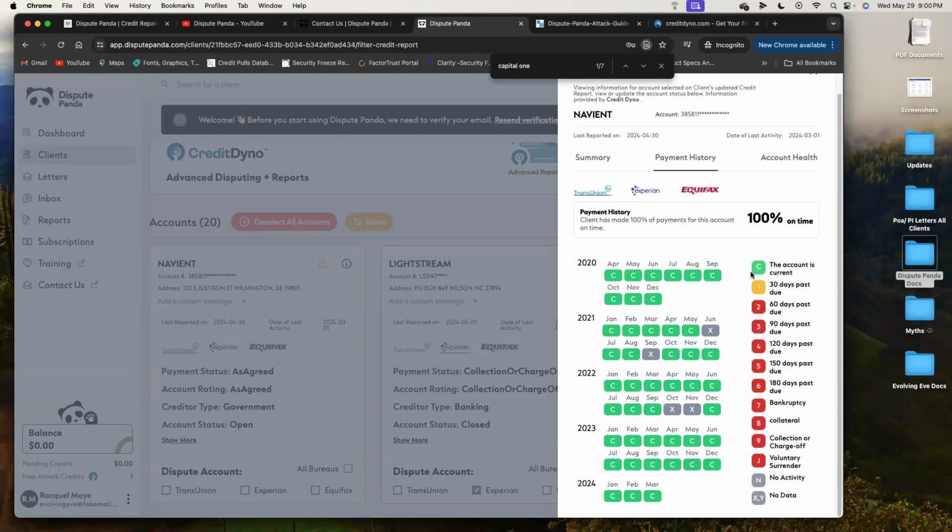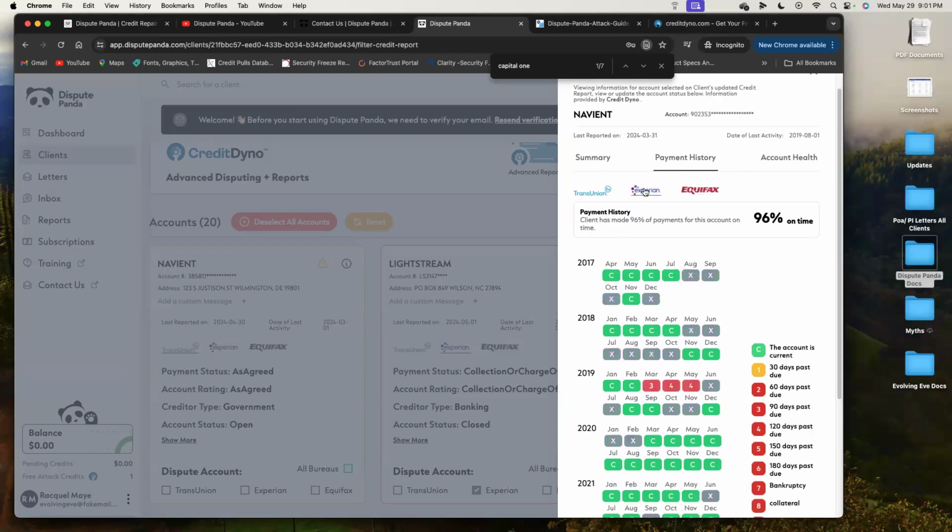Also, another thing, depending on case law, if you guys write your own letters, you can leverage the fact that this is inaccurate because of the simple fact that you're 100% on one area, 100% on the other area, but you're not. Now, I want to clarify the reason why you're not 100% is because this is only going back to 2020, where Experian is taking it back to 2017, right?